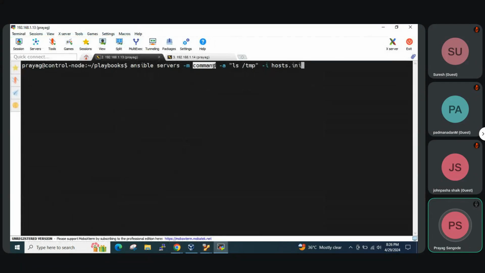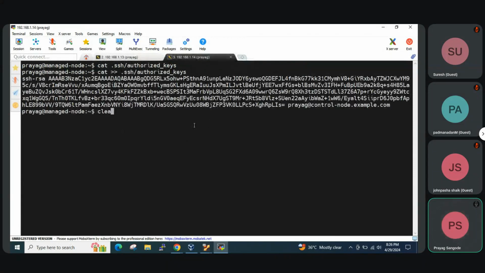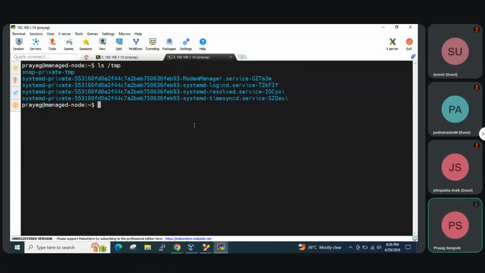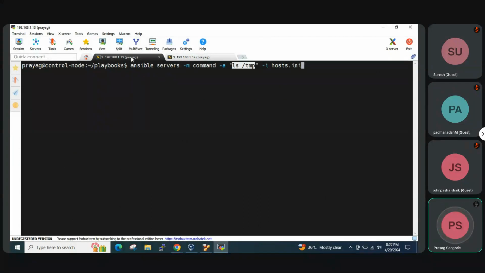Run the command. -m stands for module. Run a module called command, and it should list the contents of the /tmp directory. When it says run on servers, it will check for the servers group in this host.ini file. First let's also check what is there in the remote host with ls. If you see, we have 5 directories. Now I'll just run this command